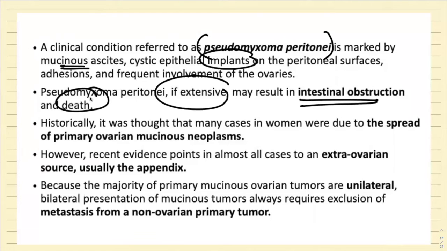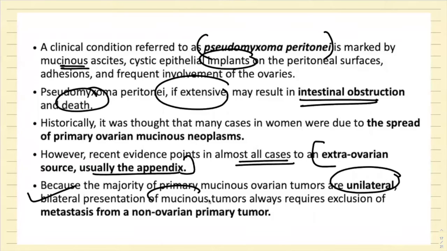Historically, it was thought that these cases were because of the spread of primary ovarian mucinous neoplasm. But now, in almost all cases, the source of pseudomyxoma peritonei is an extra-ovarian source, usually the appendix. Remember, the majority of primary ovarian mucinous neoplasms are unilateral in nature. Bilateral presentation of mucinous tumor, anywhere you see it, always think that it is a metastasis,